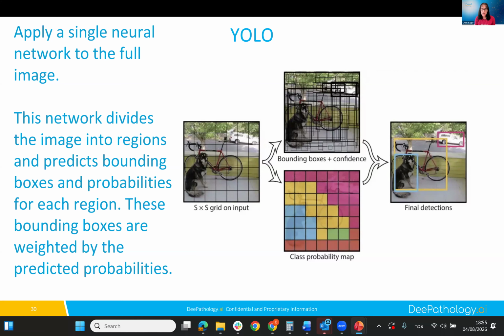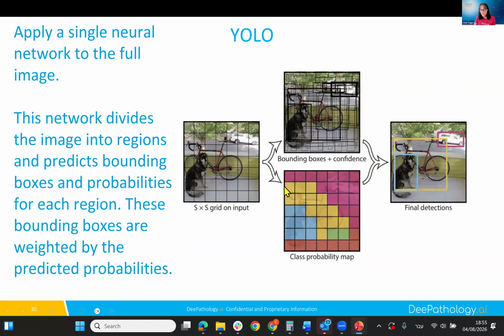And this neural network is actually giving you two predictions. One prediction are bounding boxes, which have high probability for having an object, and also for a specific grid, we